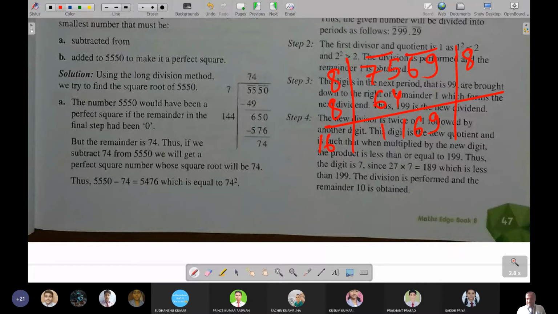Suppose here it is 9. If it goes exactly, 3 can be there. But when you multiply with 3, what will happen? It will become too small. Like 3 3 is 9, 3 6 is 18, carry 1, 3 1 is 3 and 1 is 4, 481. So another number is 7, 7 7 is 49. At last 9 will come.